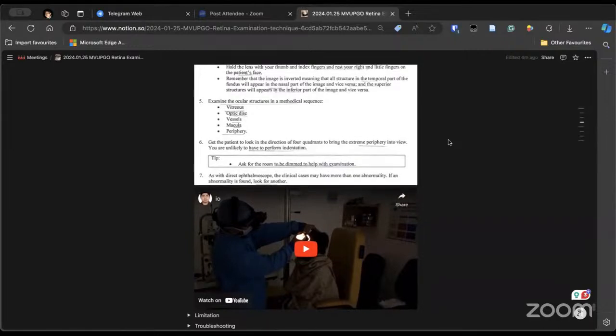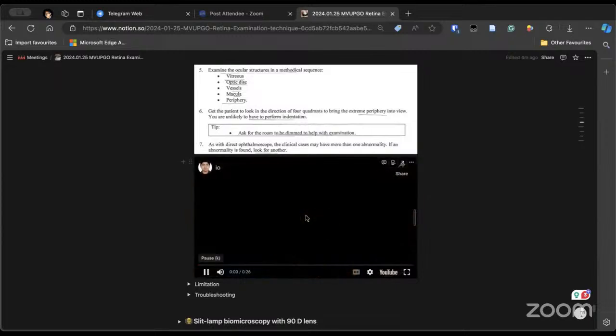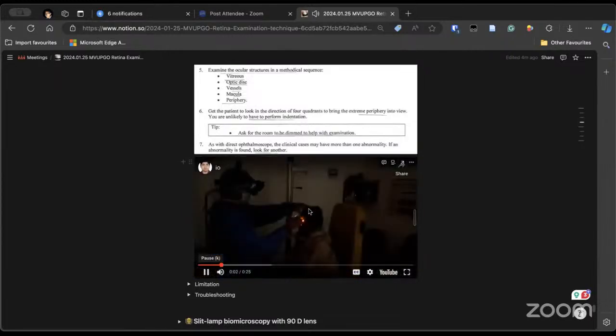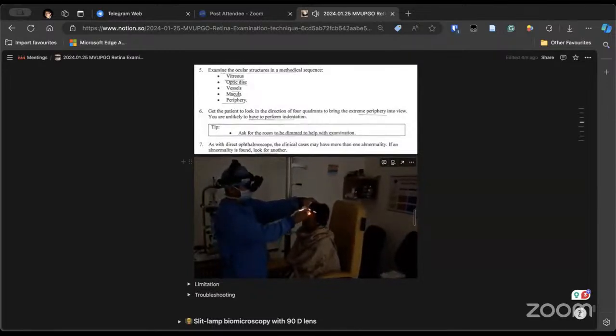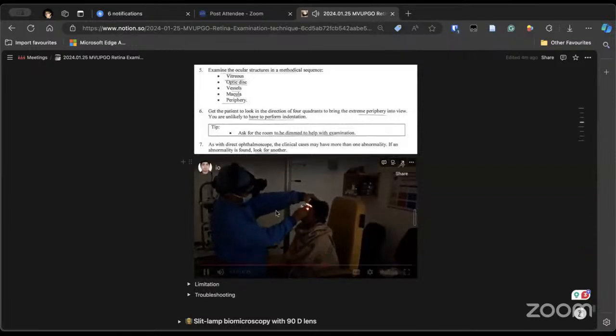So obviously there is more than one approach. This is just a routine clinical approach which I use. Tell the patient what is expected from them, and what I am doing is just tapping there so that he or she looks there. And see, what I am doing is I am rotating my head.